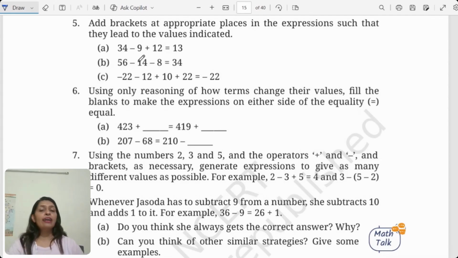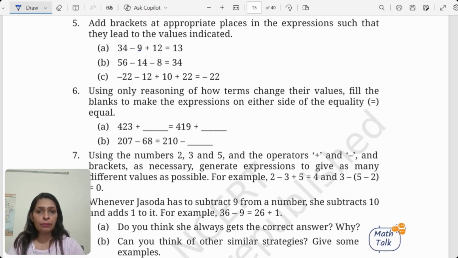So you can see here we have the expression, but it is without the bracket, and if you check the answer, it is not coming to 13 just like that. So it means we have to put a bracket, but where to put it is a matter of concern. Suppose, just for instance, I put a bracket here randomly. So it is 34 minus 9, that gives me 25. The answer itself is 25, which is bigger, right? Because ultimately I have to get 13. So even if I don't add anything, 25 itself is bigger than 13. So this group is not going to help me, definitely.